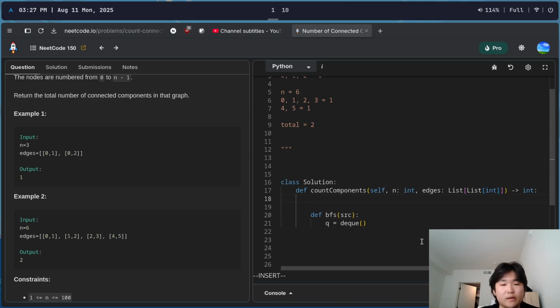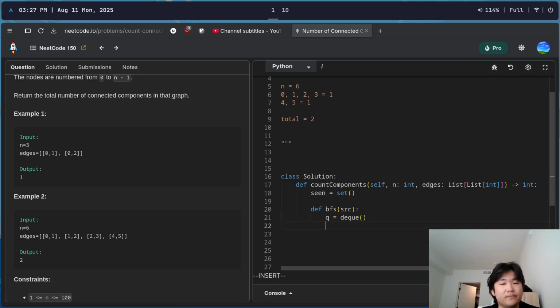I guess we'll have a global set, right? Scene, right? We don't want to actually reset this because, yeah. So DQ there. Do I reset the set every time? No, I shouldn't. So I guess while Q, cur is equal to Q dot pop left,